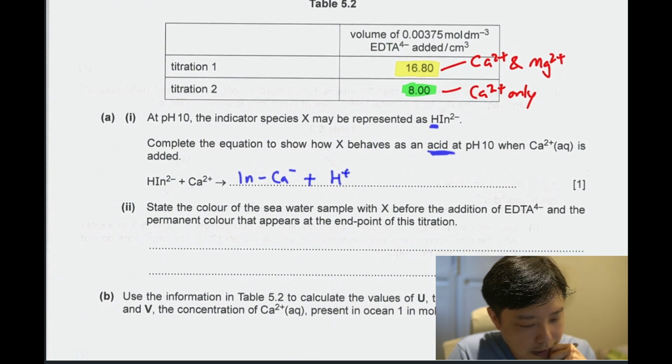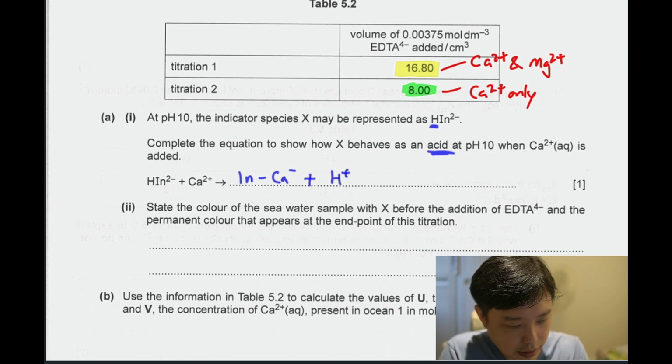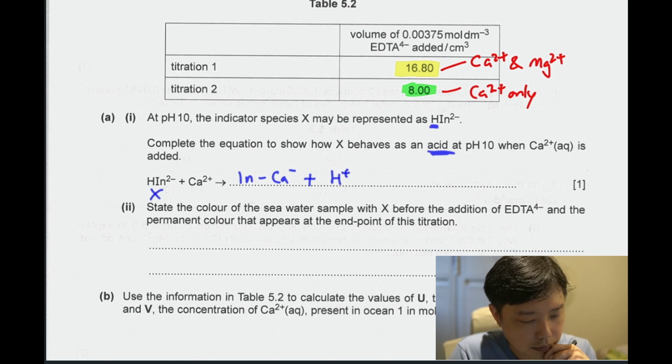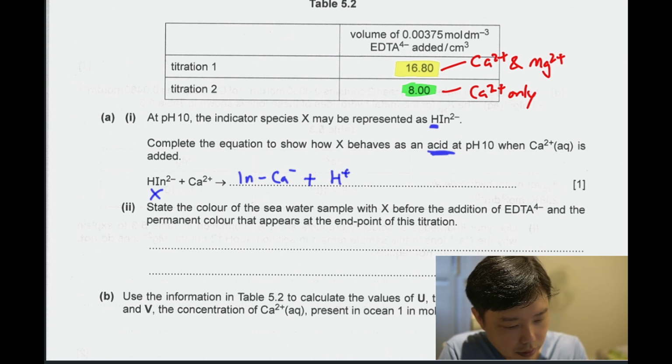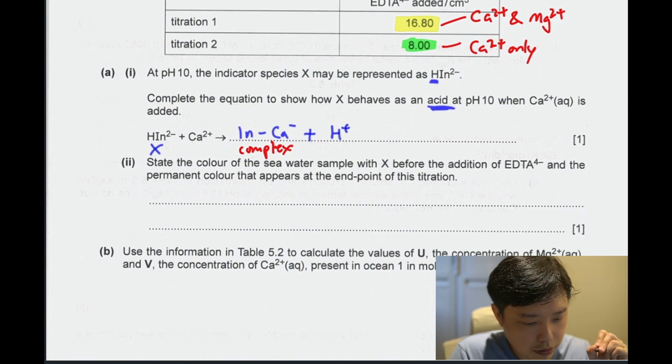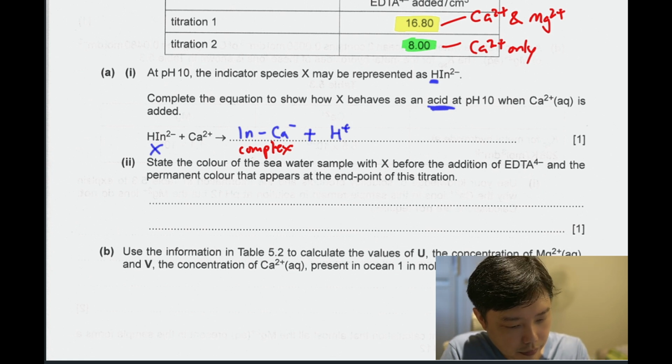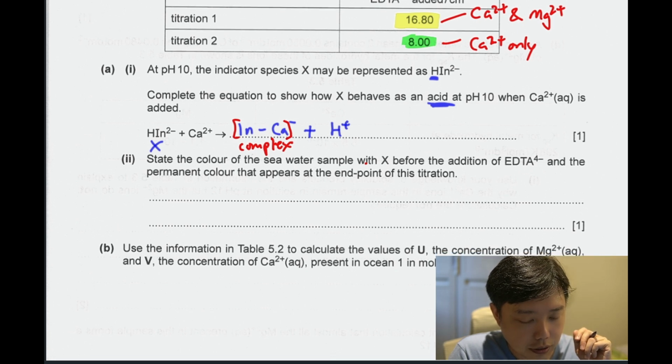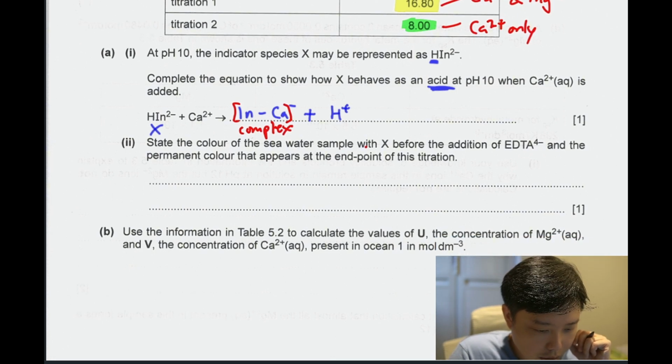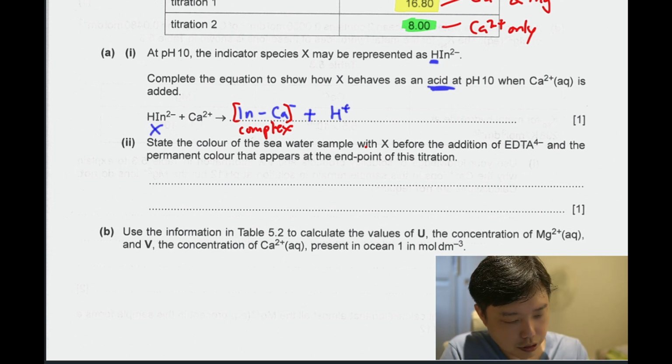Okay, so your indicator behaves as an acid. This is actually your X. So it donates away the H plus, it forms a complex. This here is a complex with the calcium cation, which overall gives you a negative charge. Then they want you to state the color of the water sample with X, which is actually